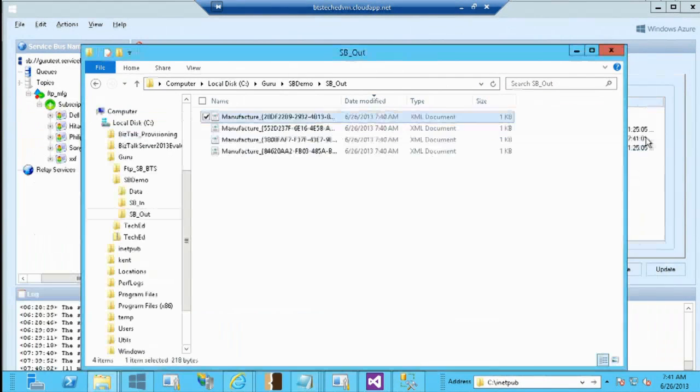So we looked at quite a lot of concepts in this session. We had a quick introduction to what BizTalk Server is. We had a quick introduction to why to use BizTalk, how to use BizTalk, and when to use BizTalk. We also had a quick glimpse of what's new in BizTalk Server. We saw a couple of scenarios with the newer adapters being used: the web HTTP adapter, the SharePoint adapter, and the Service Bus adapter. And we also learned a little bit about the performance improvements in BizTalk Server.